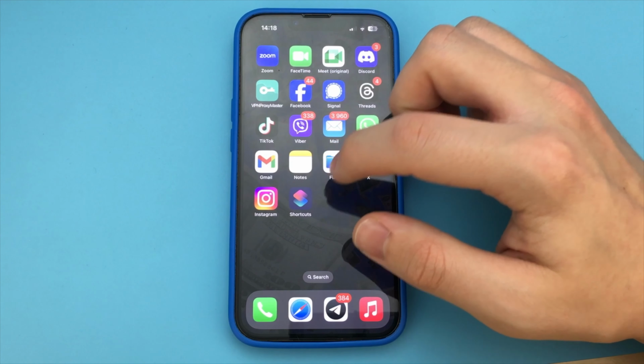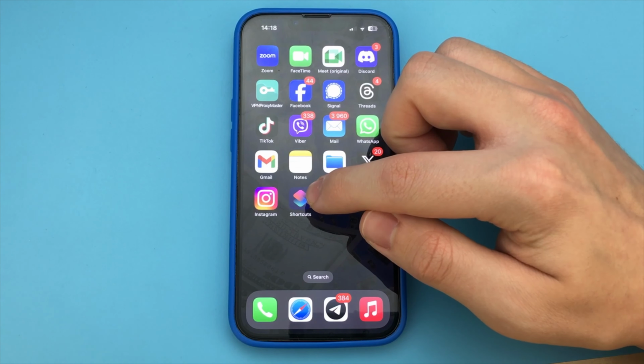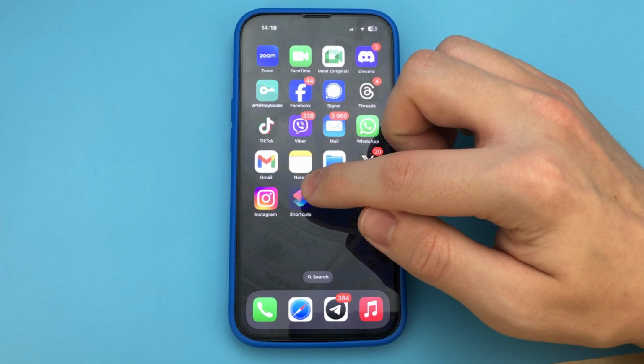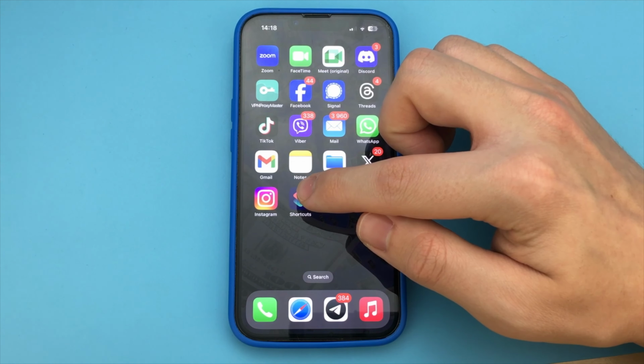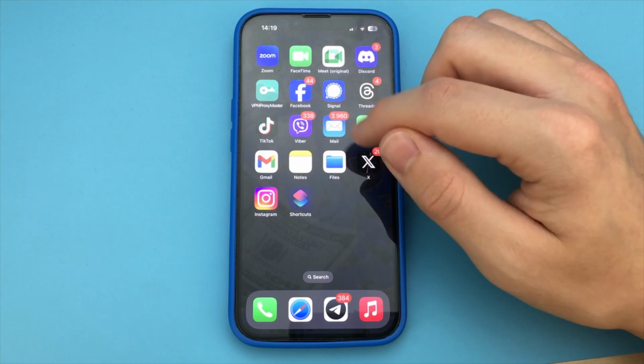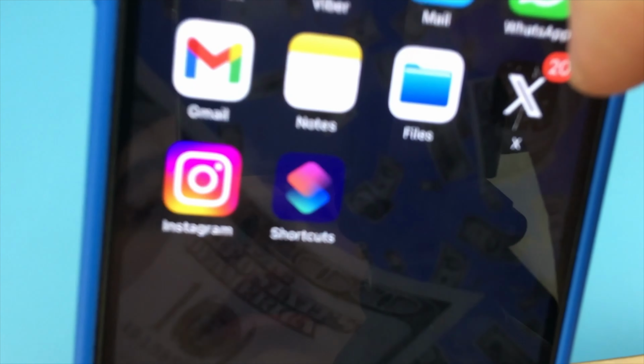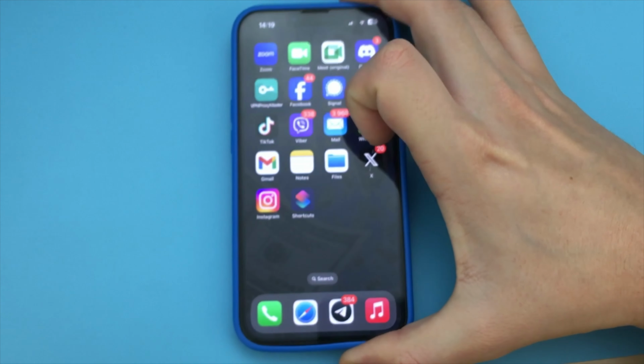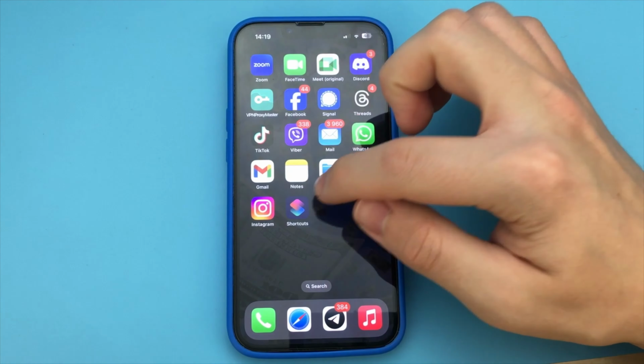You'll need the app you want to close, and you'll need to download an application called Shortcuts. We already have it automatically installed. It's an Apple app. But if you accidentally uninstalled it, go to the App Store and download the Shortcuts app where we have all the apps. Now you open this app.